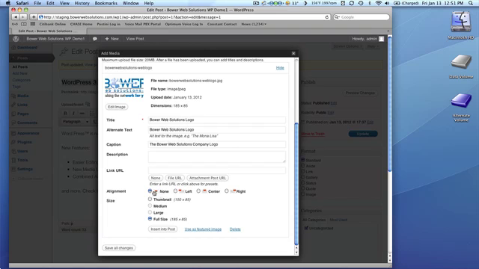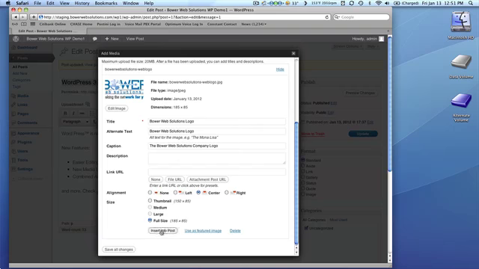I can have the alignment be none, so it'll just be on its own line, or I could have it be flush left and have any text run on the right hand side of it, or have it be in the center, or have the image be on the right and have text run on the left hand side of it. I'm going to say let's make it center, and I can choose a different size for it. I'm going to use it at its full size here, and then I'll say insert into post. So you have to click on insert into post,